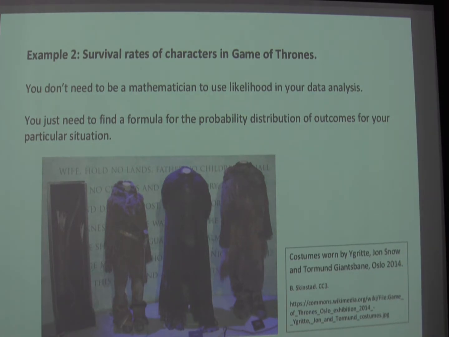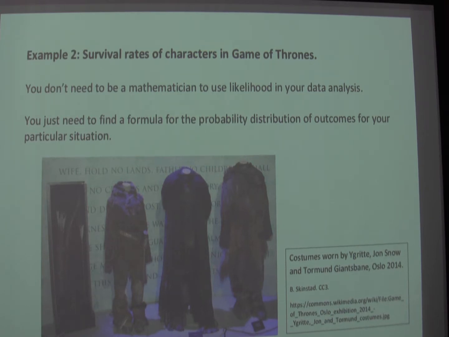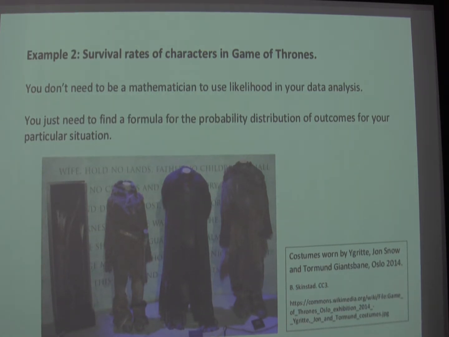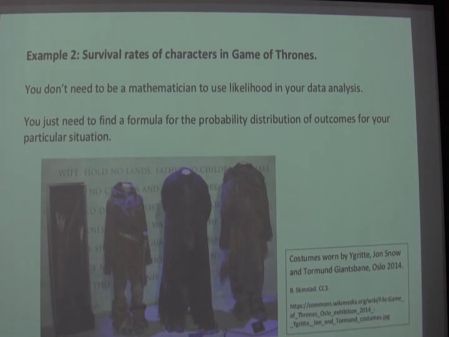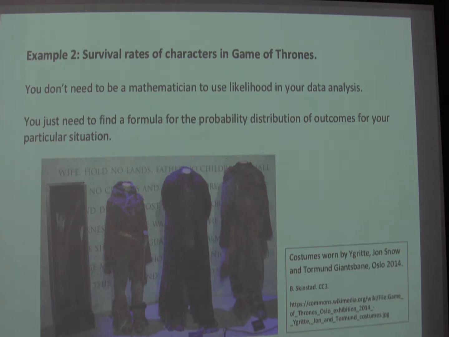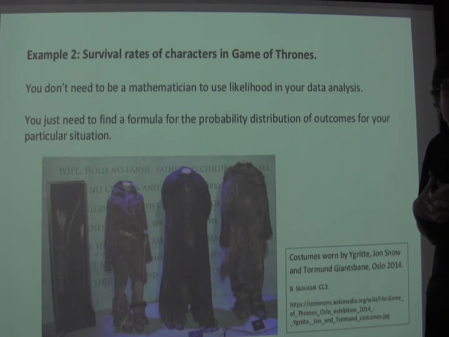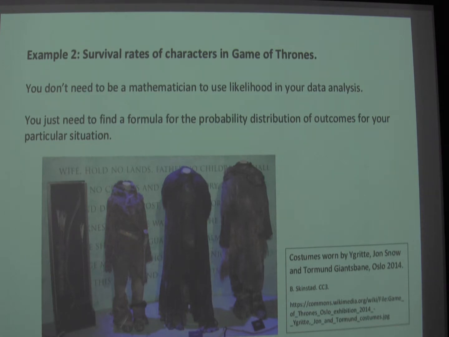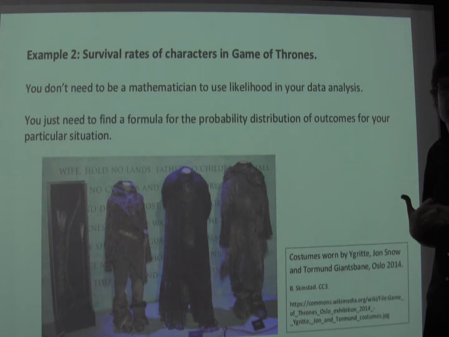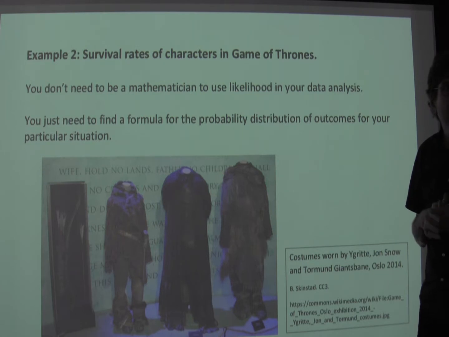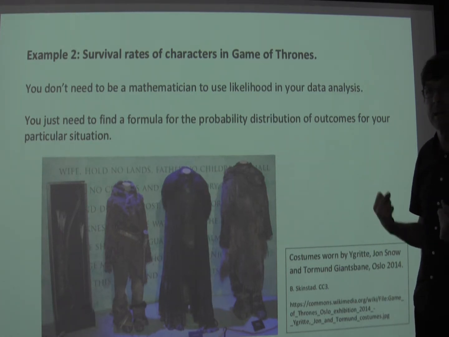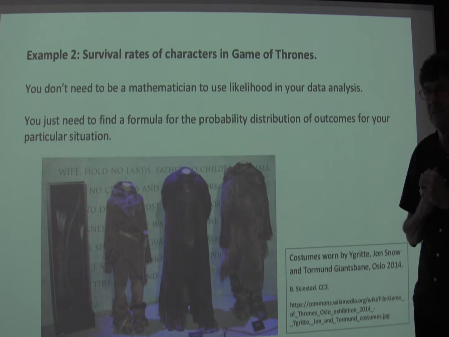So that's the first example, but a lot of the things that people use likelihood for are more complicated than a population proportion. I've shown you a very simple example, and in this simple example we already have a method for calculating the maximum likelihood estimate. It's just the number of successes divided by the number of trials. Well, there are many situations where we don't have a nice formula that represents the maximum likelihood estimate of something that we're interested in.